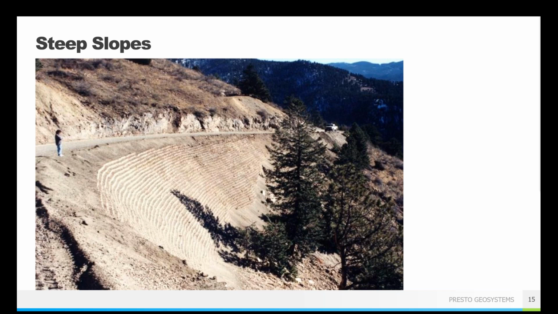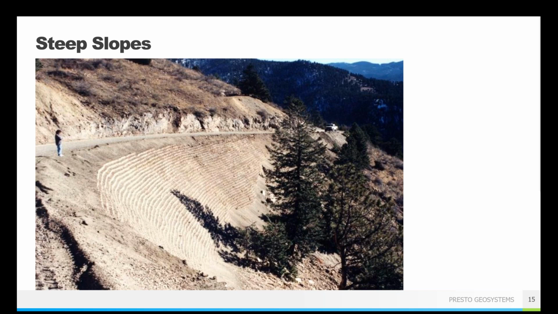You want to blend into the surroundings a little bit more. And so a steep slope solution is a great way to do that. And so you can have room for that type of application without it looking completely man-made and built up. And so the GeoWeb system is a really versatile option for that type of thing. And so that's what we're seeing here.